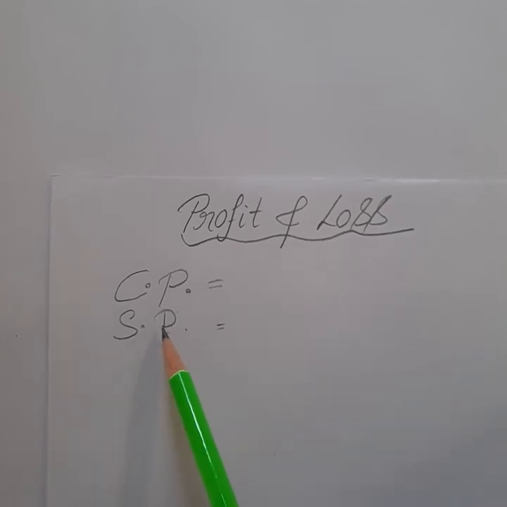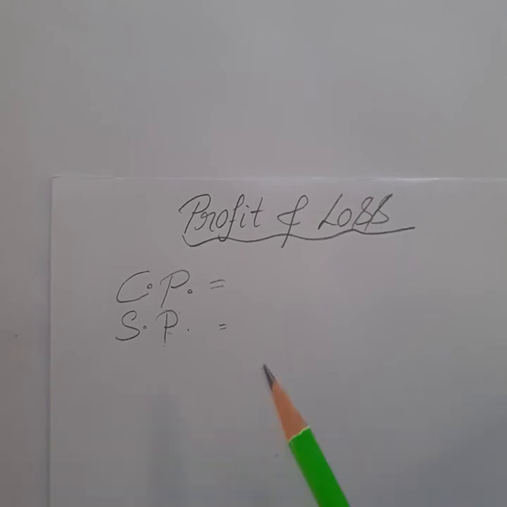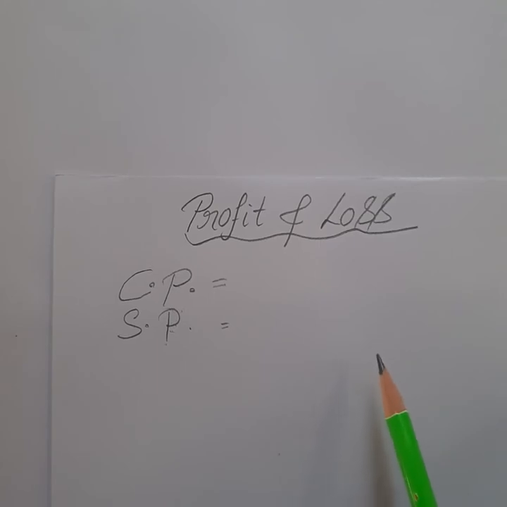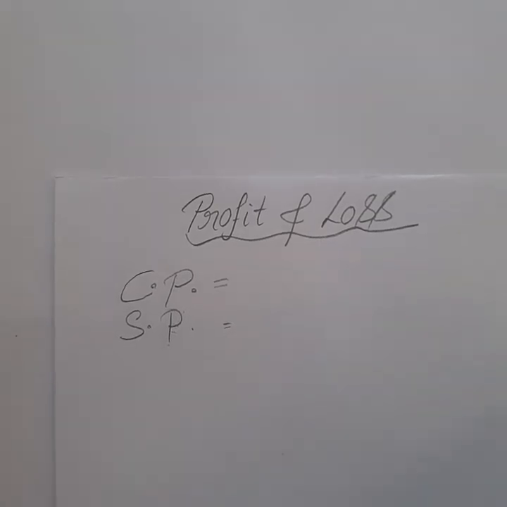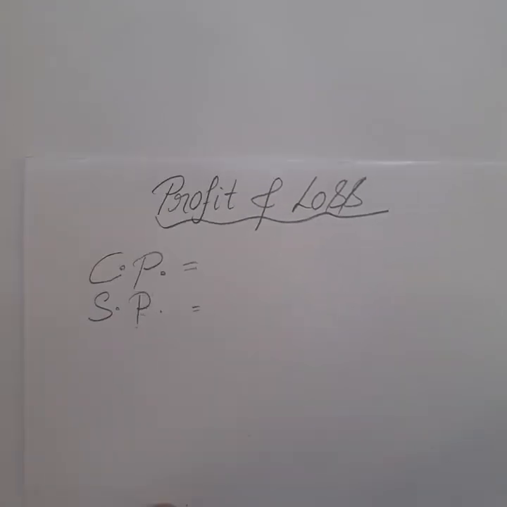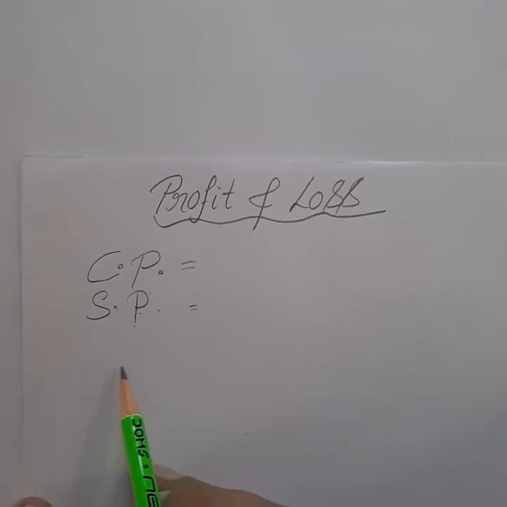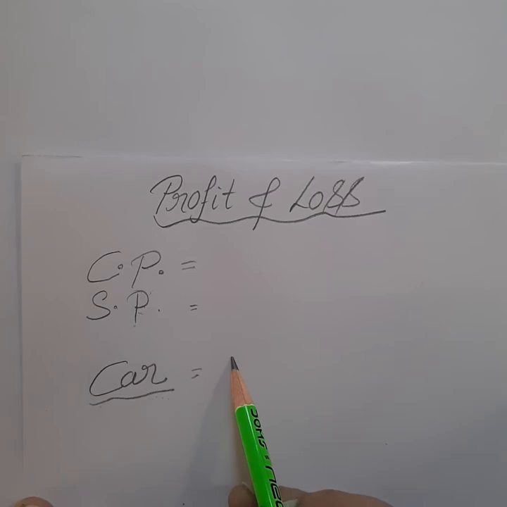Sometimes when we purchase a thing and sell it, in this process we have some profit or some loss. These two concepts are what we have to discuss in this video. Suppose, students, you have to purchase a car. We can take an example of a car. Suppose we have purchased a car and the cost of the car is about 50,000